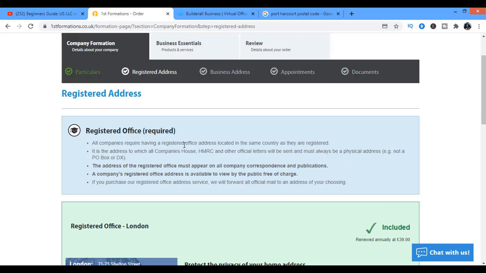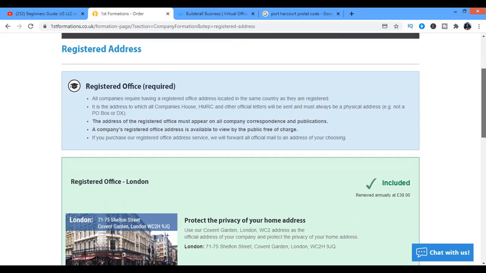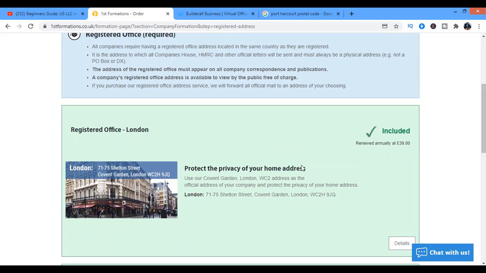All companies require a registered office address. So you've already paid the registered office for London. So this is your address here. You can see that this is the address for your business. And take note that it's going to be renewed annually, £39. So if you want to keep your business registered in the UK, you have to pay this fee annually to